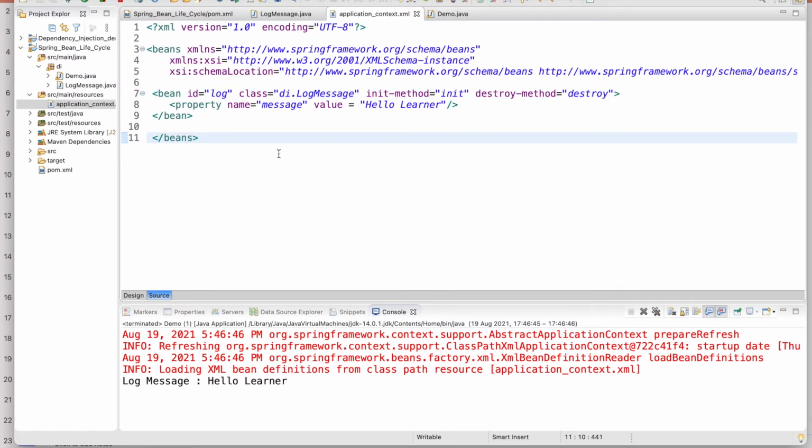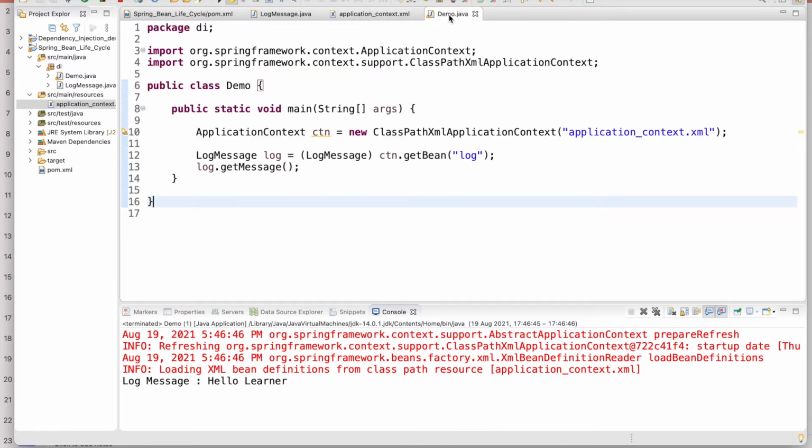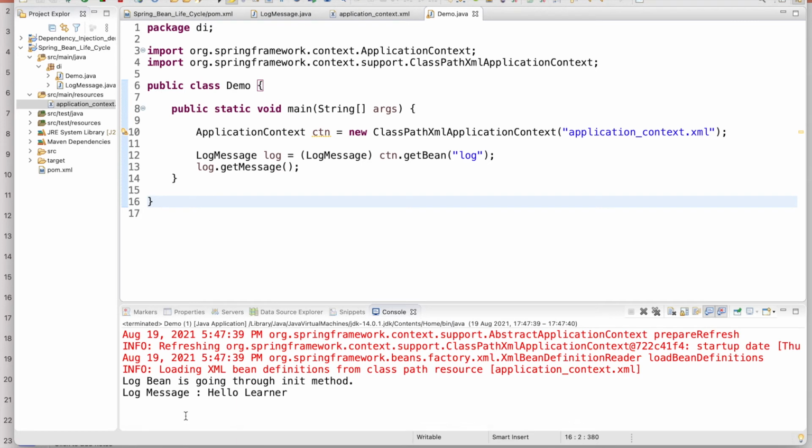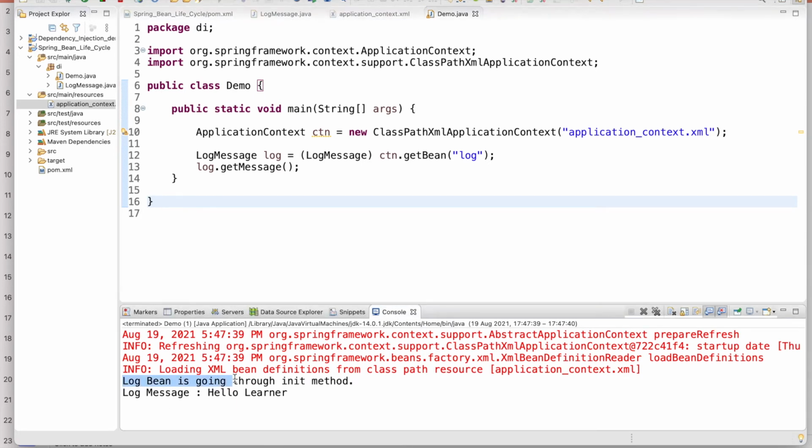Now if you run it again, I am not calling the init method, right? I am just calling my custom object. But when you run it, you see that the init method has been called. This is the init method. But still the destroy method has not been called, because to call the destroy method, you have to register one